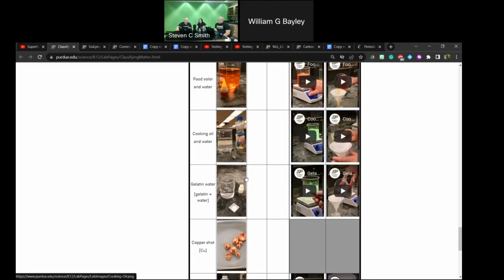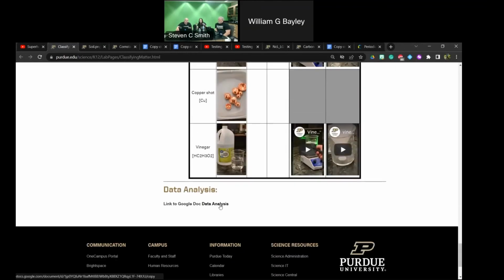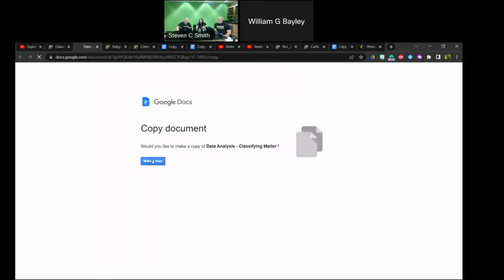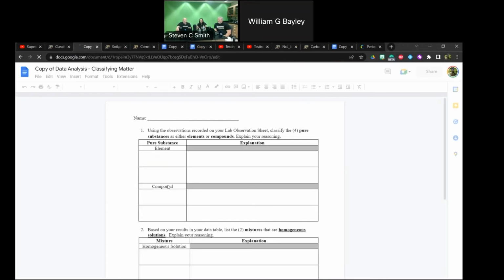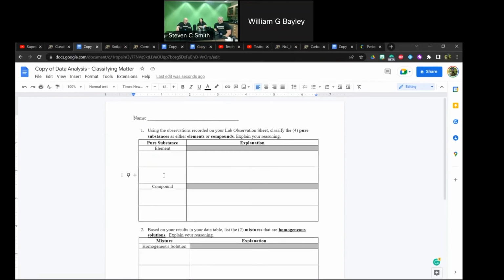But then I know this question was asked before. When we get a pure substance, is it an element or is it a compound? This is where the data analysis comes in. They've gone through each of these examples, whether you're doing this in person or using this virtual lab. Again, I'm prompted, and the more times you see this, the less alarmed you'll be if you're not used to it. This is then what I would grade. I would grade their observation sheet when they're testing and writing down their observations. But then this is what they're being graded on: actually taking each of those substances and listing them.